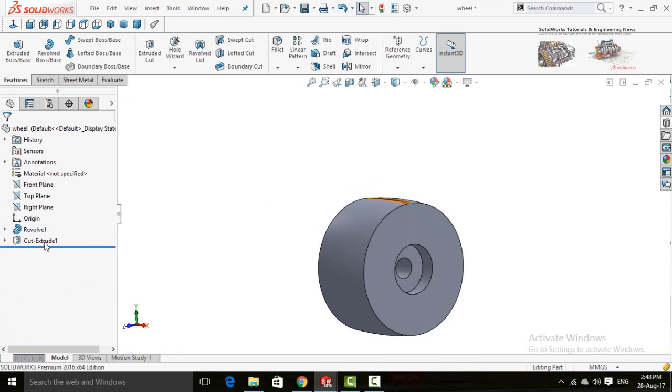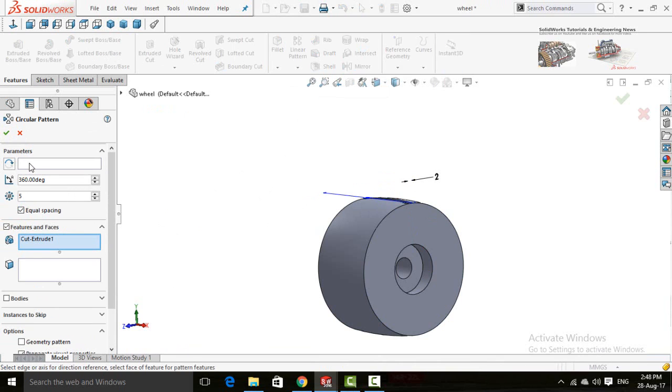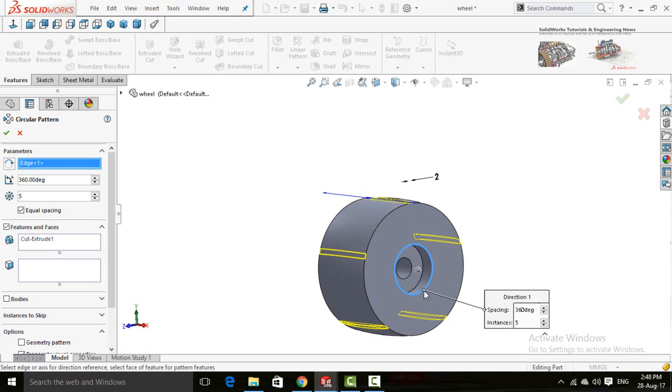Now again select cut extrude command from here and drop down this arrow below the linear pattern button and select circular pattern. Now click on this box and then select this circular edge and set the quantity. Press OK button.